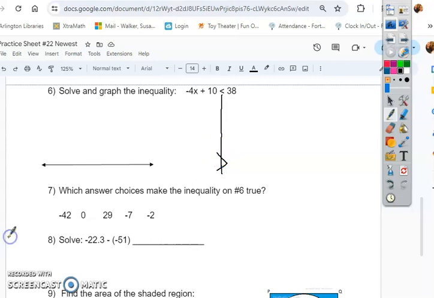What does that mean? Well, that means that when I go to graph it, it's going to be an open circle because I don't see an equal sign, cannot equal. It's pointing to the right, it's greater than, so I'm going to shade this way. Okay, if this was multiple choice, this helps me get rid of some answer choices. Okay, so